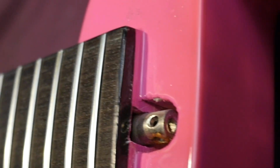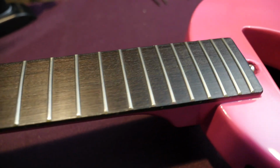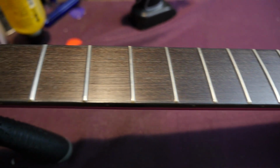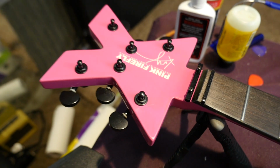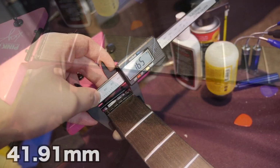You've got truss rod access down here. I cannot see the neck wood. It's probably some type of mahogany, and the fretboard looks like some sort of rosewood, very similar to what comes on a Gary guitar, but I would not say that this thing feels like a Gary. It feels more like a mid-tier Dean or a low-end Ibanez, but it's a 22 fret neck, with neck specs